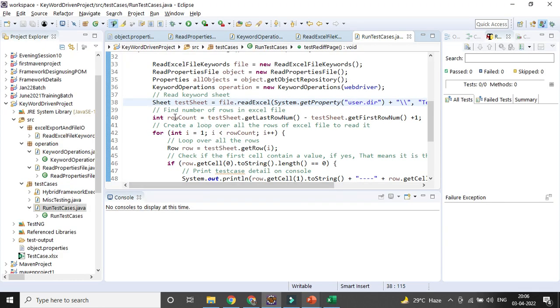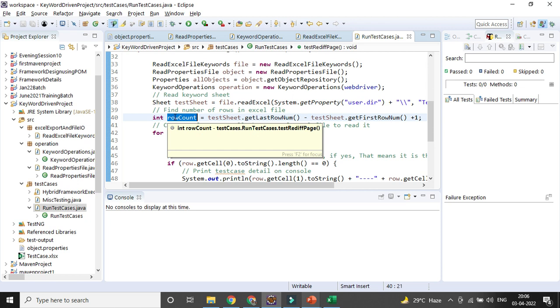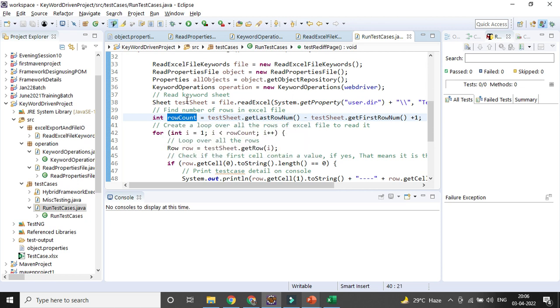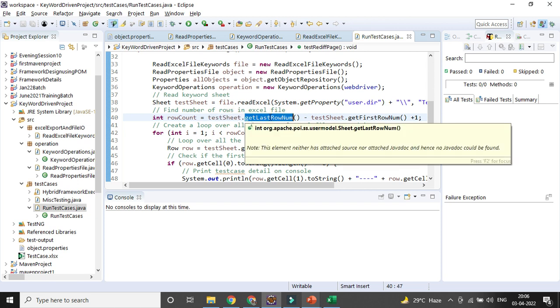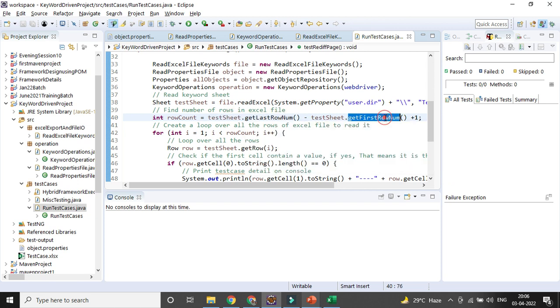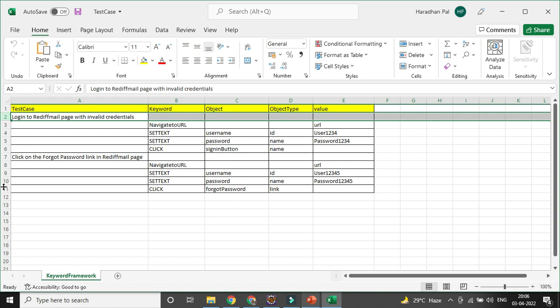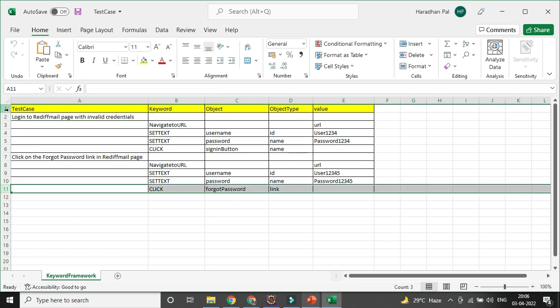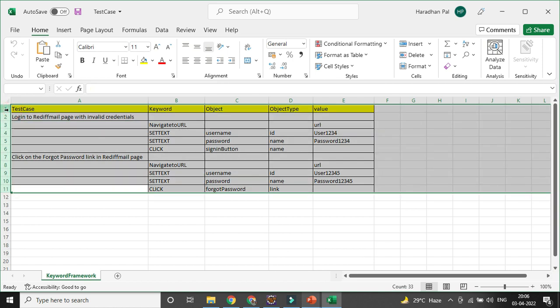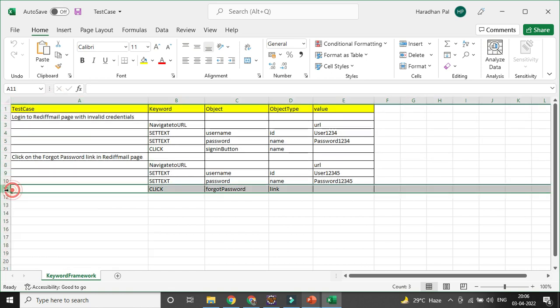Then I want to go to the row, how many rows are available. So I am going to the sheet and checking how many rows are available: last row minus first row, right? This is my total row number. So I have row number 11, right? But in case you take the last row 11 minus 1, it will give you the value 10,